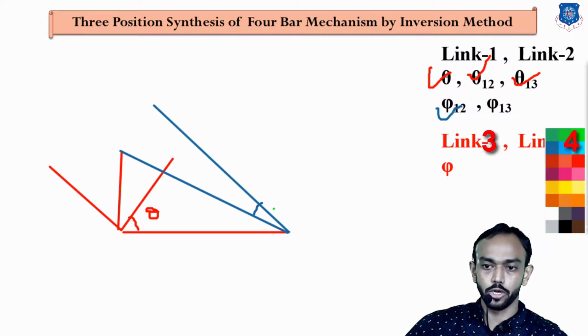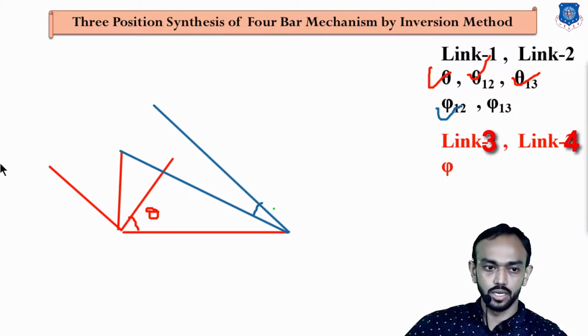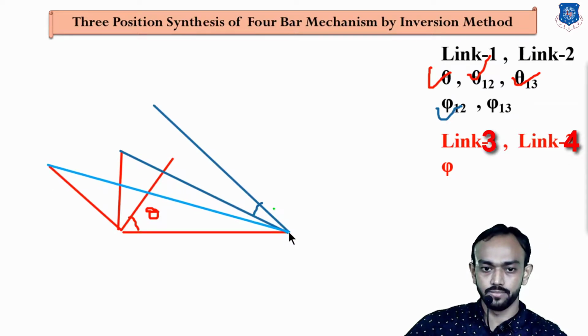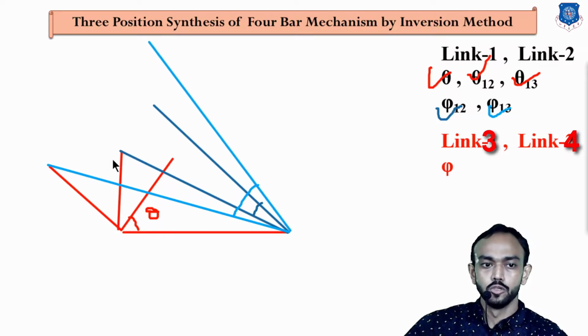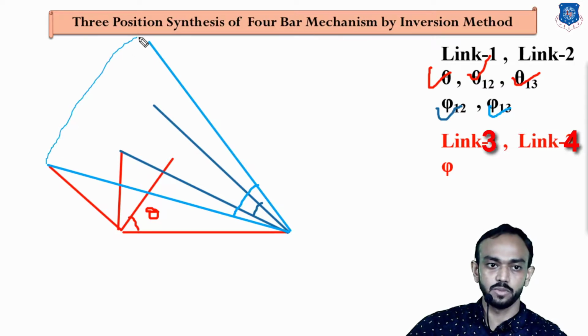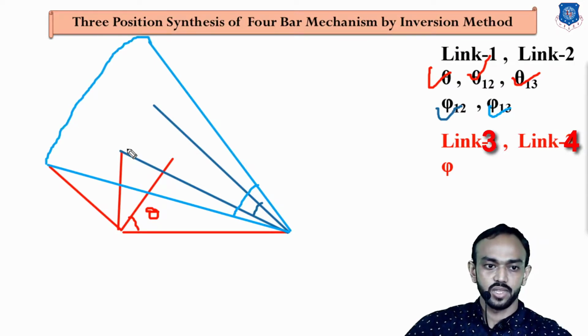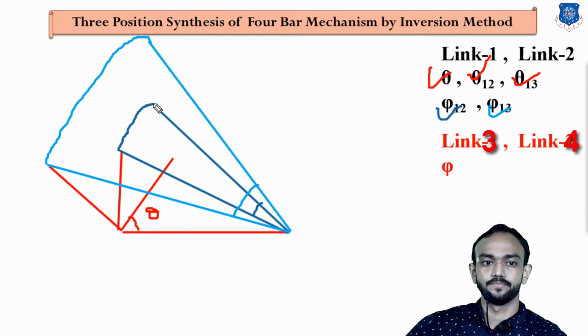After that what we are going to do, we are going to draw another line, meaning this, connect this third position to the end of link number 1, and using this phi 1 2 we make this angle here first and project this line at this angle, whatever the angle. Okay, so this is the projection. You can see here this is the projection of this point here, and the projection of this point is here. We have to connect these lines.